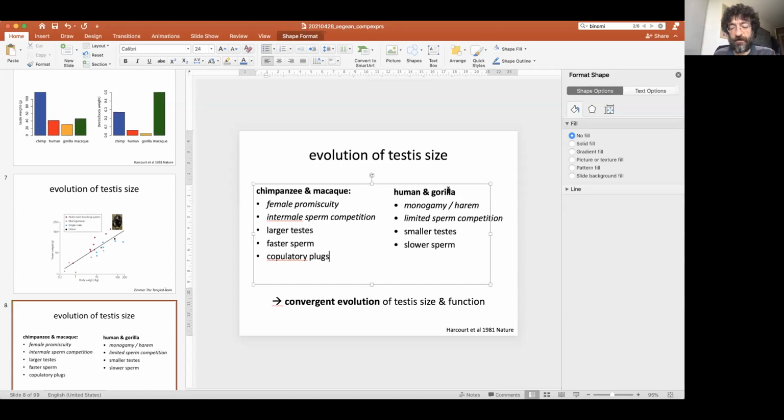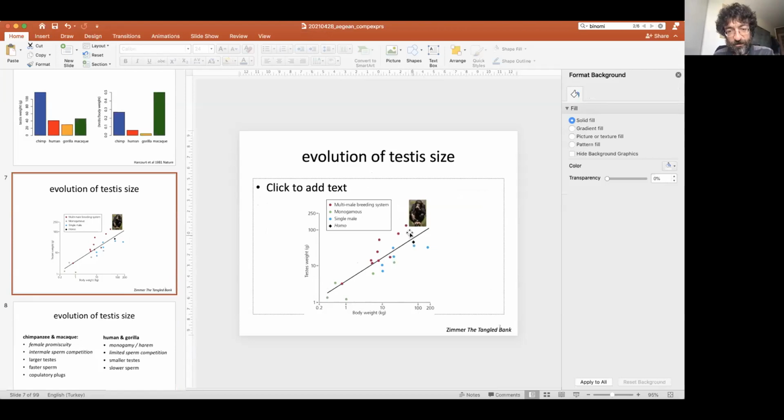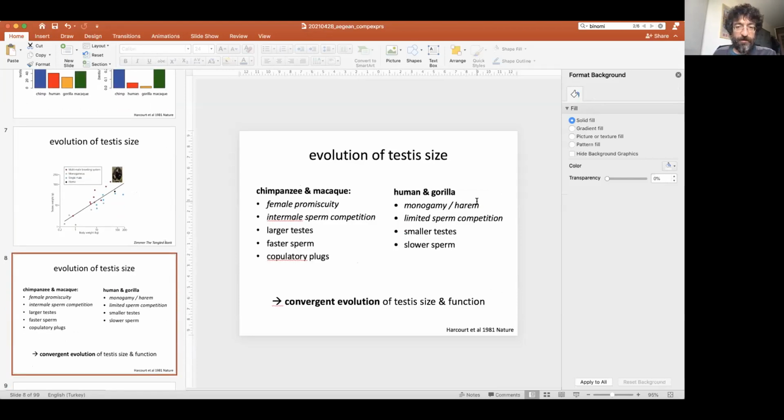But still, given the testis size to body weight ratios, the pattern implies that at least our ancestors' behavior seems to be more single male like than multi male like, at least if we take the testis size as a proxy, and I guess ethnographic studies would also suggest we are not as promiscuous as chimps.